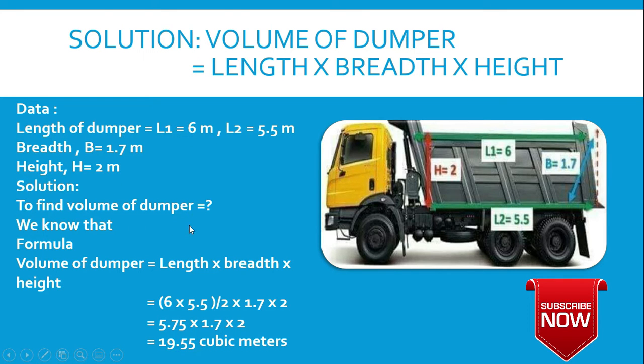We have to find the volume of the dumper. The formula for the volume of the dumper is length multiplied by breadth multiplied by height. But here we have two lengths, so this is a plus sign. So here we have to find the average length. There are two lengths, L1 and L2. We will find the average one, which comes to 5.75, multiplied by 1.7 multiplied by 2, and here comes the value